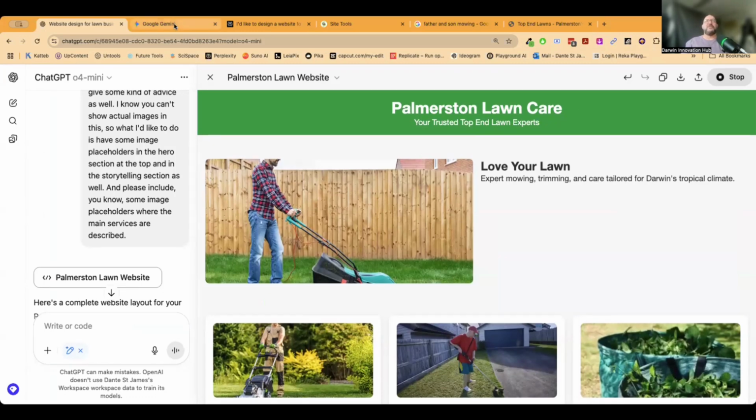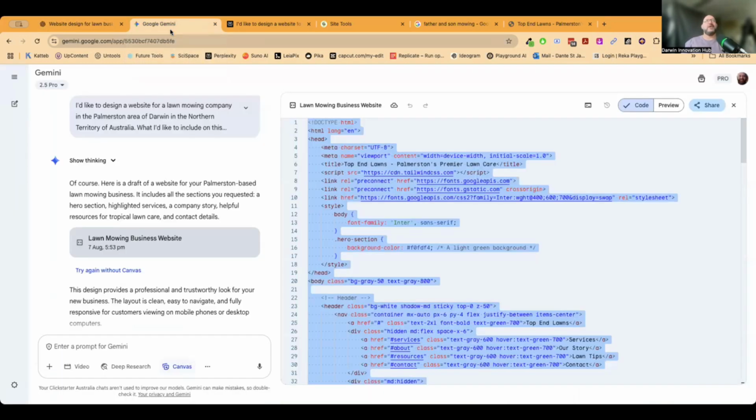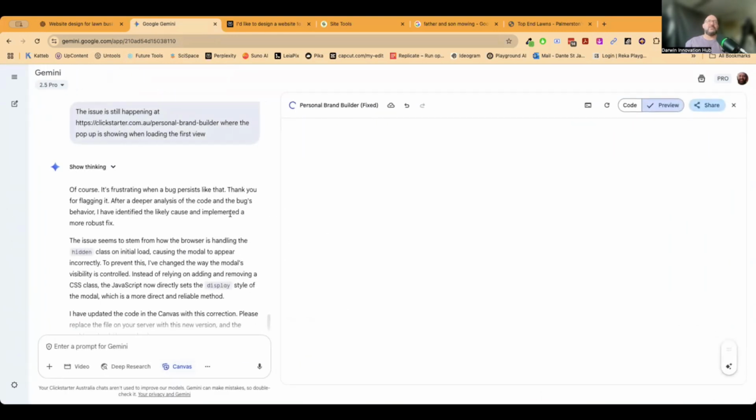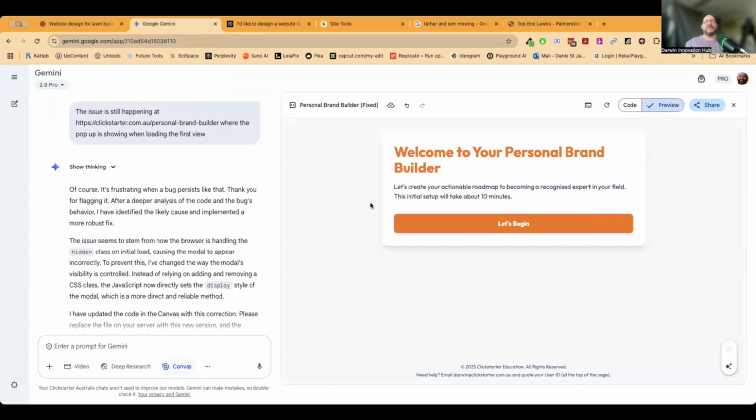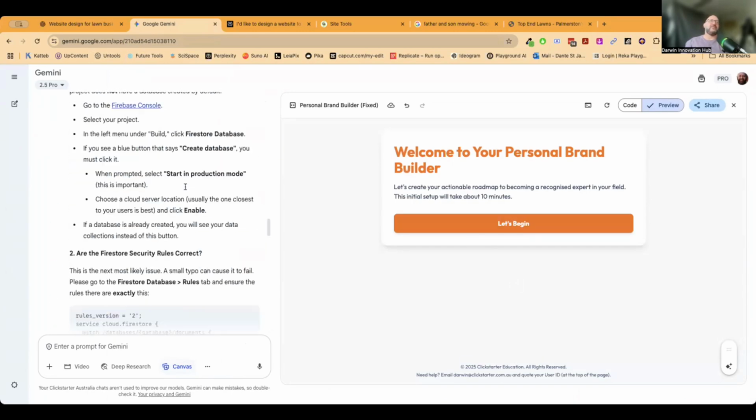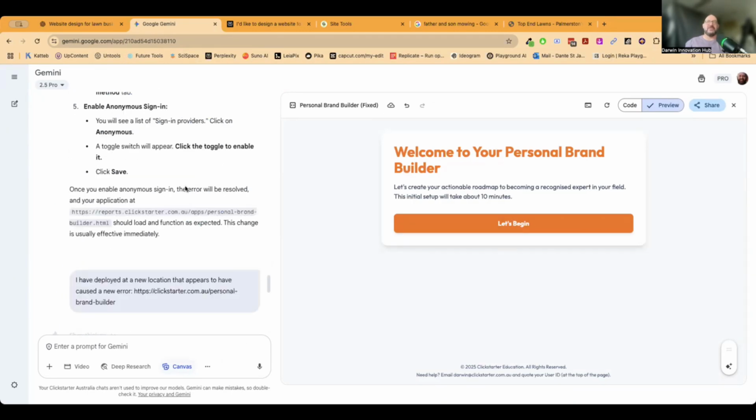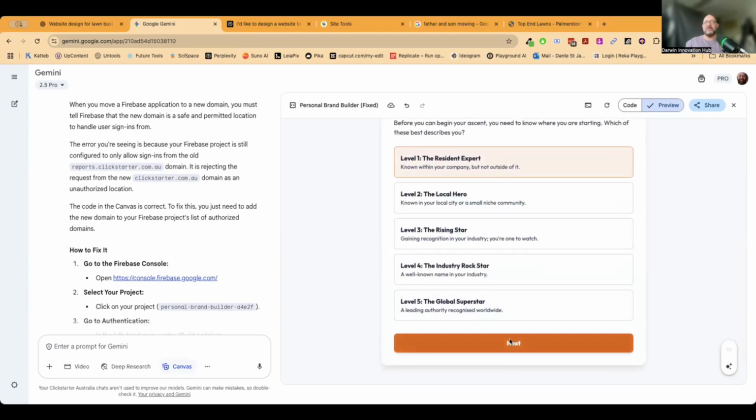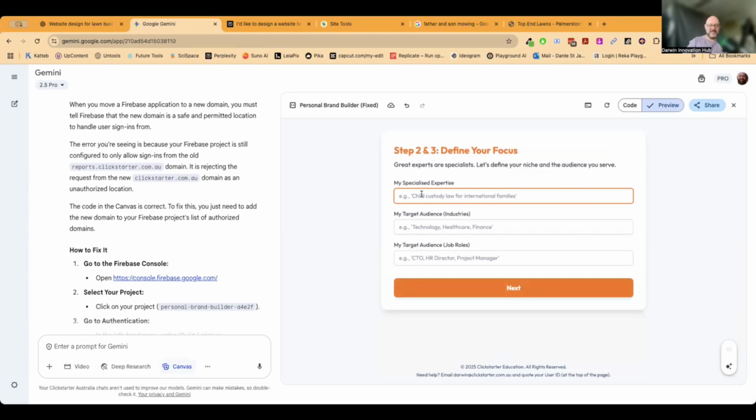And if I have to go a little further to help you dream on a little bit more, there's kind of things I've been able to build in here, like a personal brand app. This is an actual interactive app that I've been able to build in Gemini according to quite a lot of instructions backwards and forwards. So I begin in there and I say, well, I'm the resident expert rather than a global superstar. Specialized expertise might be lawn mowing, lawn care